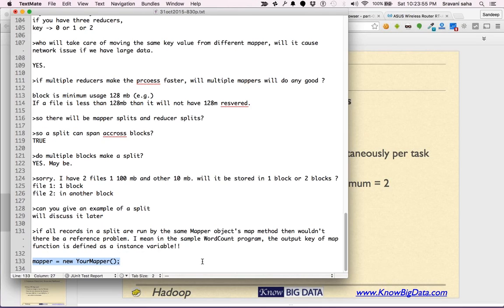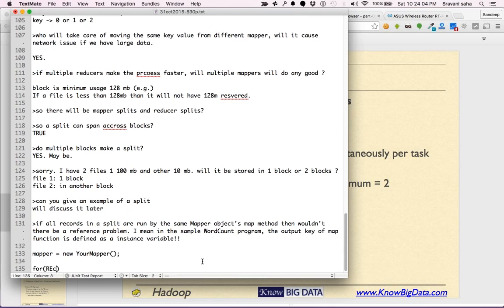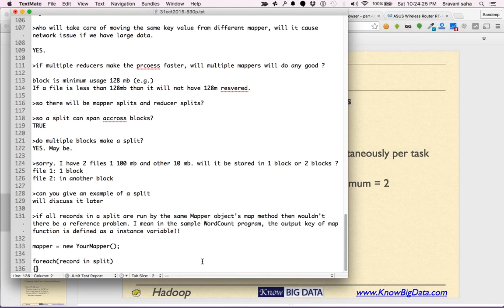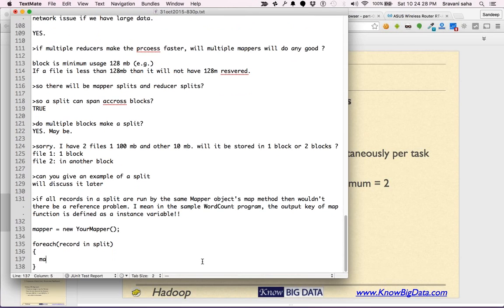Inside Hadoop, before the process starts, let me write pseudo code: for each record in my split, it'll be calling mapper.map and passing the record.